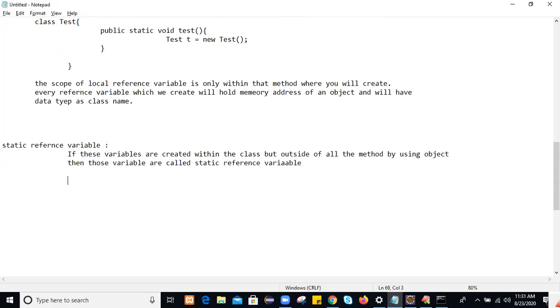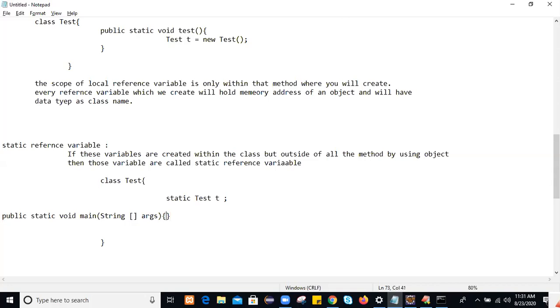For example, you have a class Test and you are creating the variable within this class area by using static Test t, like this, and you have a function within which you write this logic.